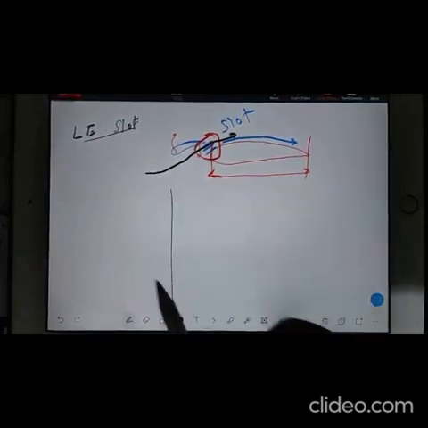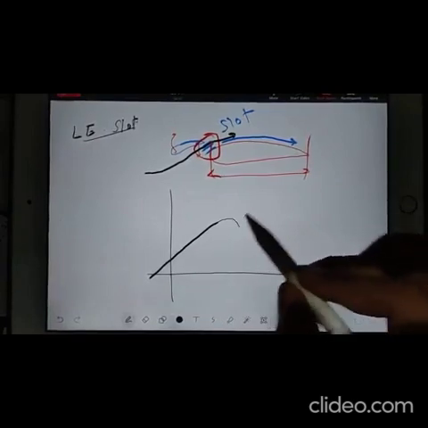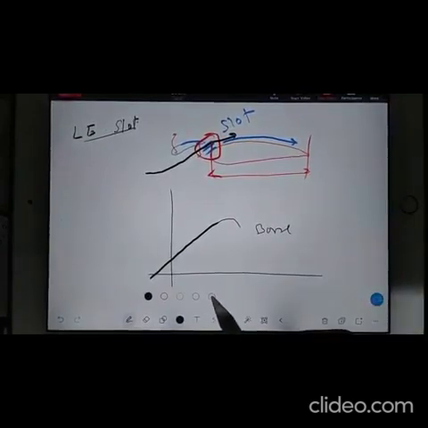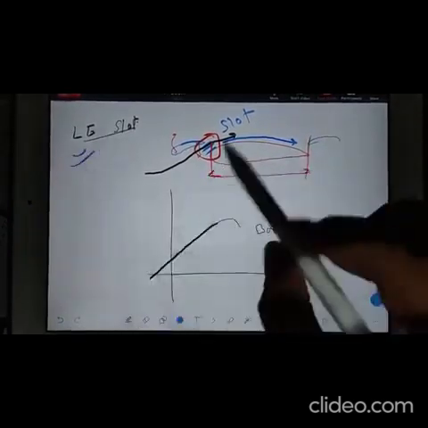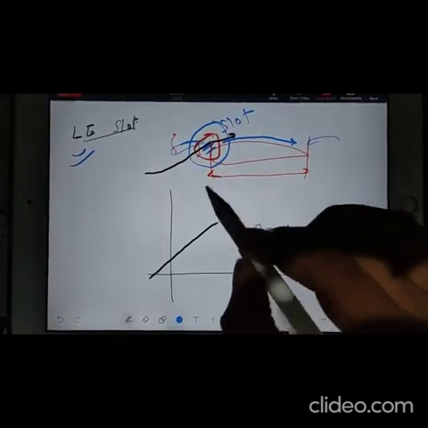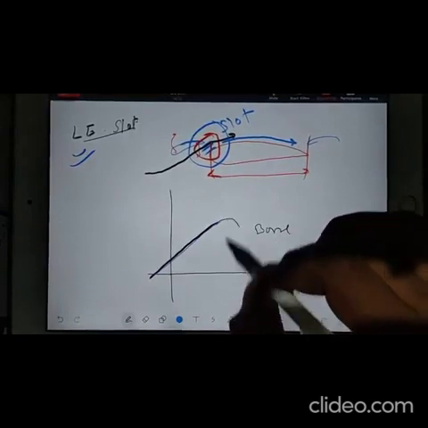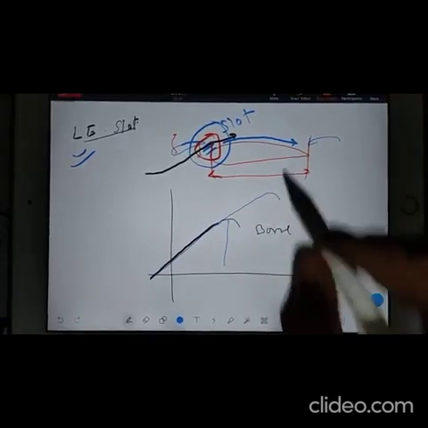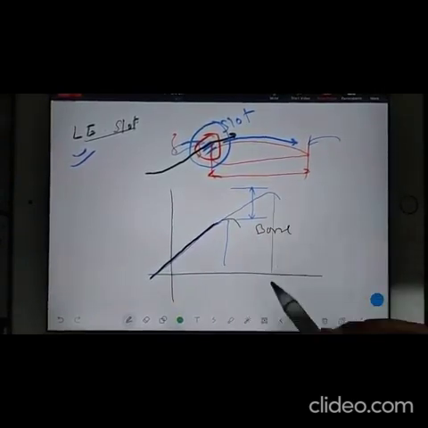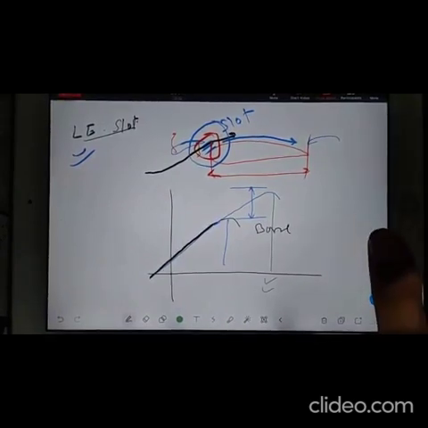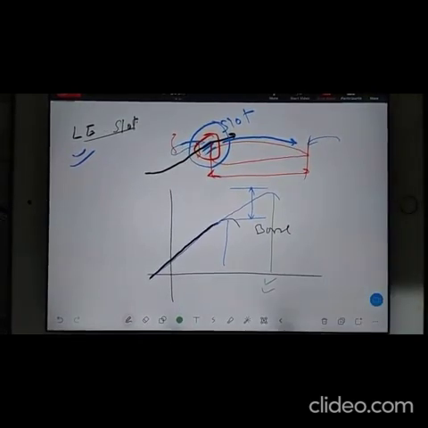That's why if you talk about a bare flap, suppose I am drawing this as bare flap, and then if I am drawing this flap which is leading edge slot, I mean with the concept of slot, so in that case your slope will be the same and you will not stall at the same angle, you will stall after a certain angle, but your CL will increase. You can see this increment. So you will stall somewhere here. All the graphs and all the theory I will give you, but you have to read that.